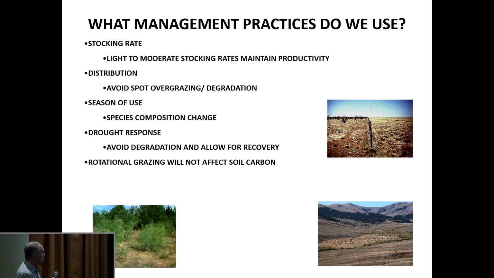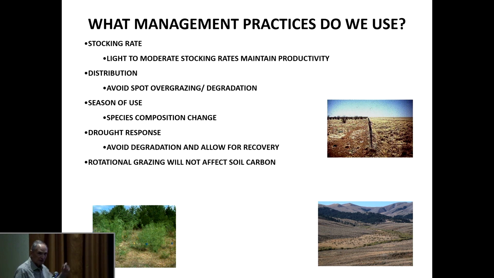We can do some of this, but we're very limited again in trying to manage that species composition change, and that does have some feedback to net primary production. As we get warmer and drier, we're going to be better off with C4 grasses because they're better able to deal with it. As we move north and up in elevation, we obviously want to try to manage for C3 because they're better able to take advantage of the moisture when it's available.